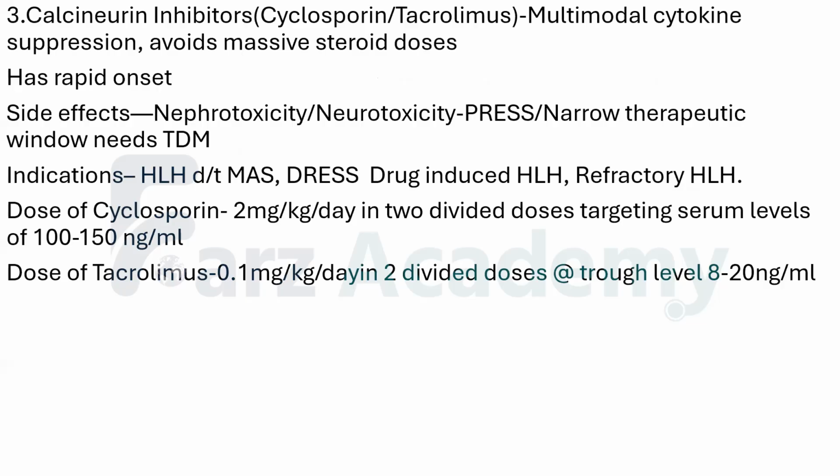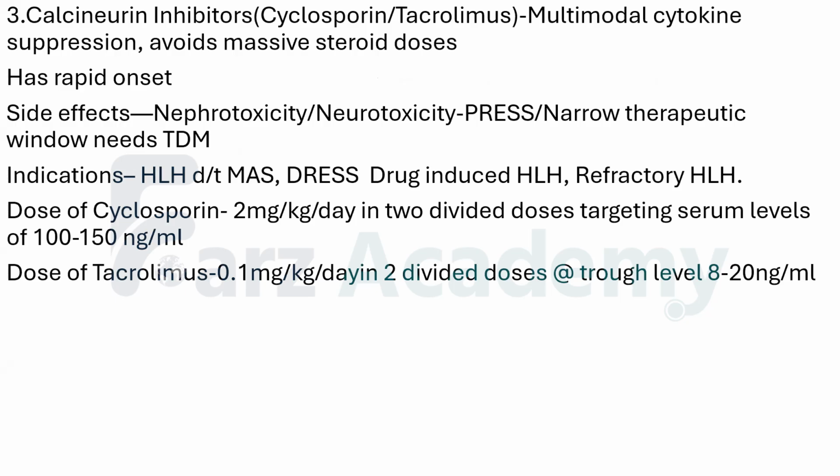Calcineurin inhibitors like cyclosporin, tacrolimus. Again, they are like steroid sparing agents, like in our transplant patients also. Once we add these agents, we don't need a very high dose of steroids. So it avoids massive steroid doses. It has a rapid onset. Again, side effects the same like